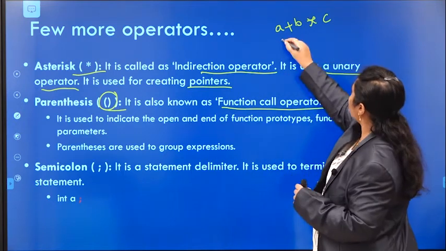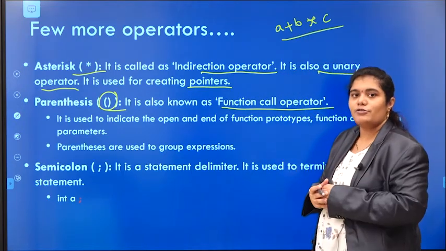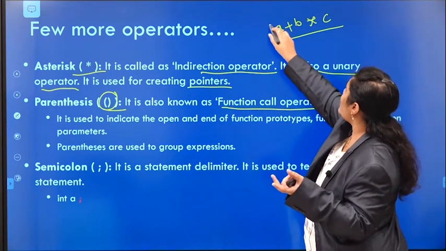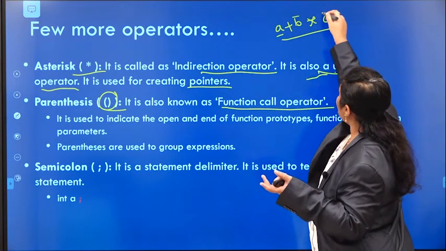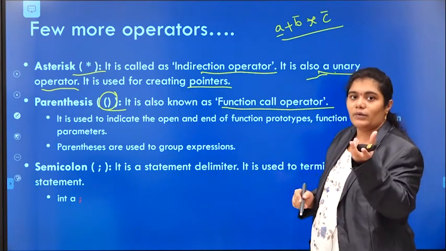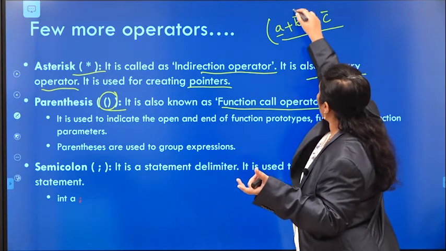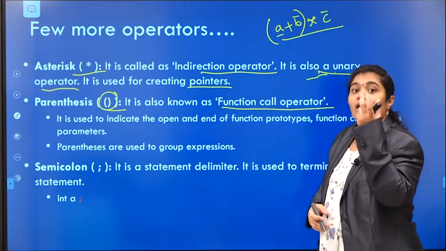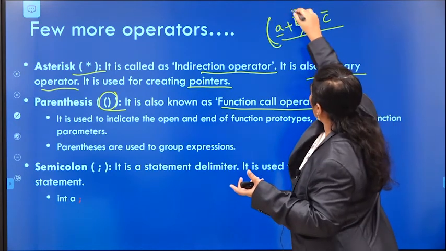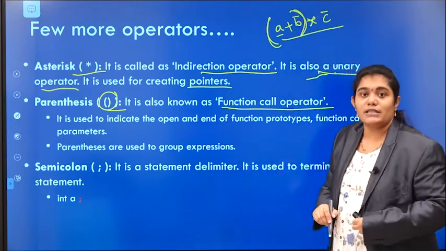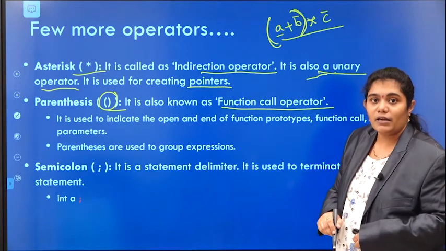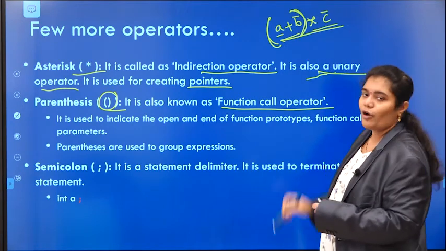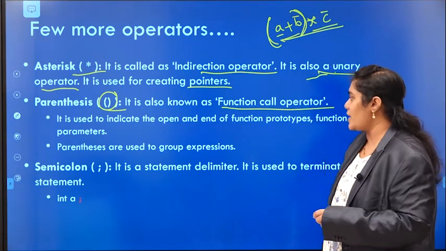Which values do you want to evaluate first, a plus b or b into c? You can evaluate your expression by grouping: (a plus b) into c. So first perform the addition operation and then the multiplication operation, right?